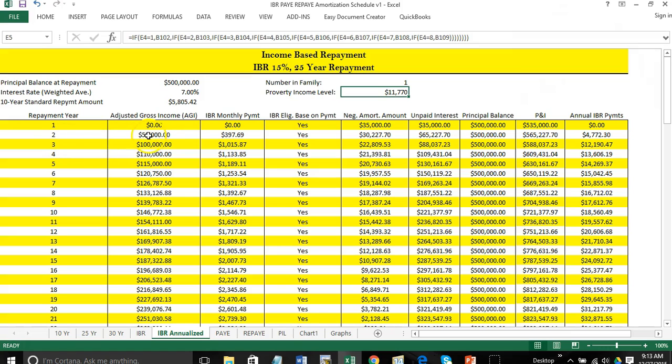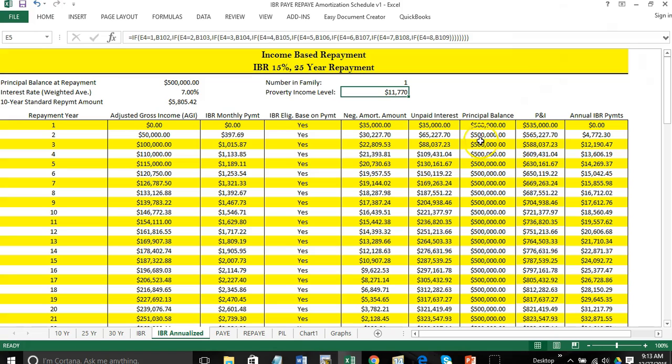Year 2, you have $50,000 of income, and this might be a dentist who practiced. They may have graduated, got their license, and began practicing, say, in August. They practiced for 5 months, generating about $10,000 per month or $50,000 for that period, August through December. As a result, your monthly payments are about $400 per month. You experienced negative AM of about $30,000. So after 2 years, you've underpaid the interest by about $65,000.